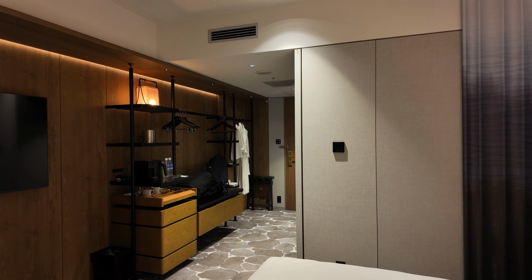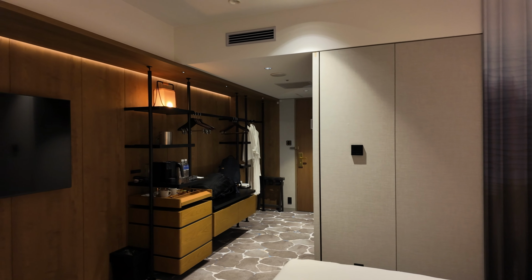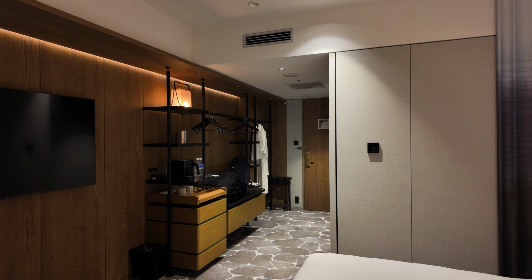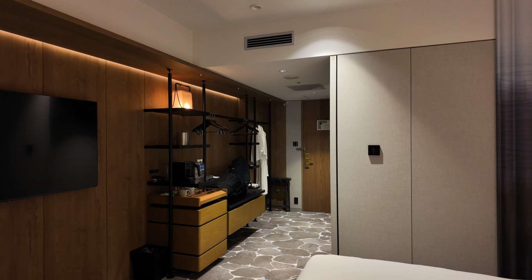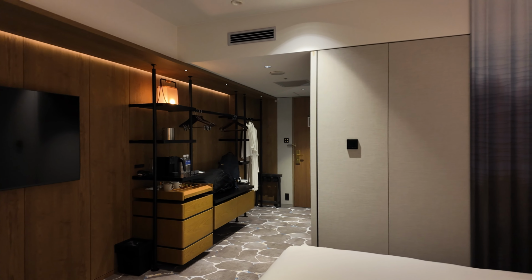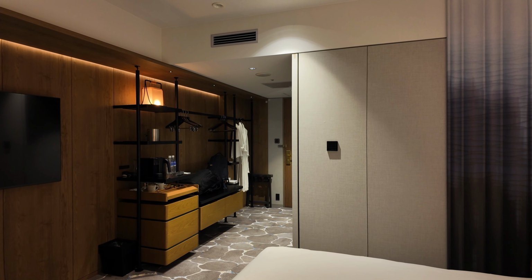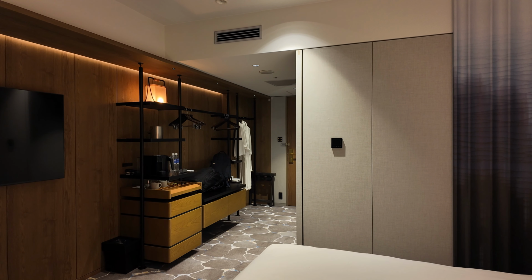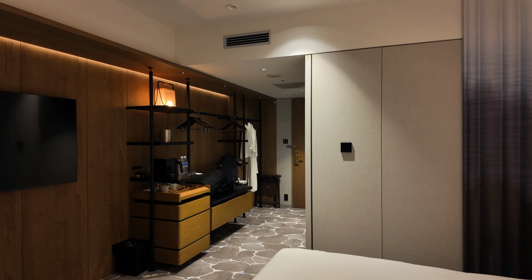So this is a king, just a standard king bed. We did not get upgraded tonight. We've had the last couple of nights with Hyatt, but honestly I wouldn't expect that. We only have Discoverist status, and this is a popular hotel. It's pretty hard even to get on points, so it doesn't at all surprise me that they didn't upgrade us,